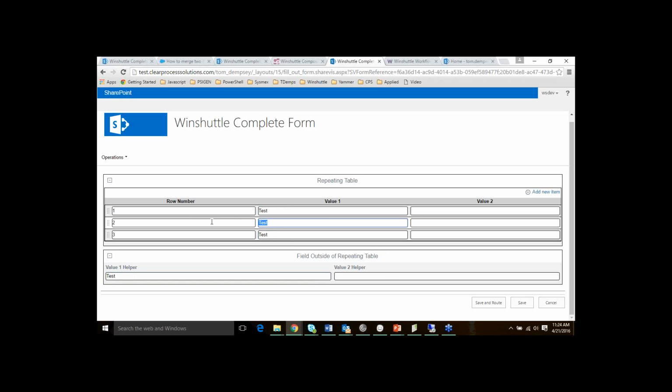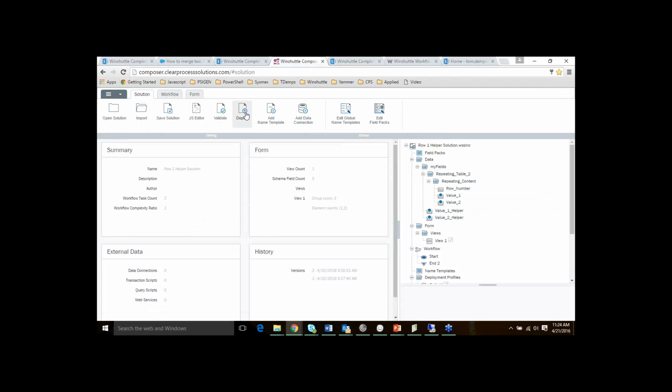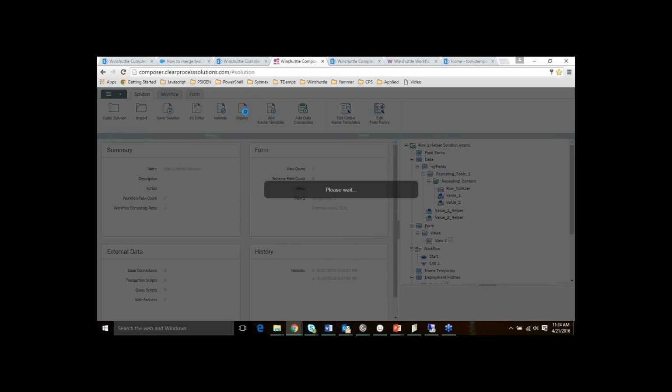And if we were to change this to test, click off, it doesn't change any of the other rows because, again, row number is not equal to 1. So it only runs when row number is equal to 1. So now, if we go ahead and publish or deploy this solution,